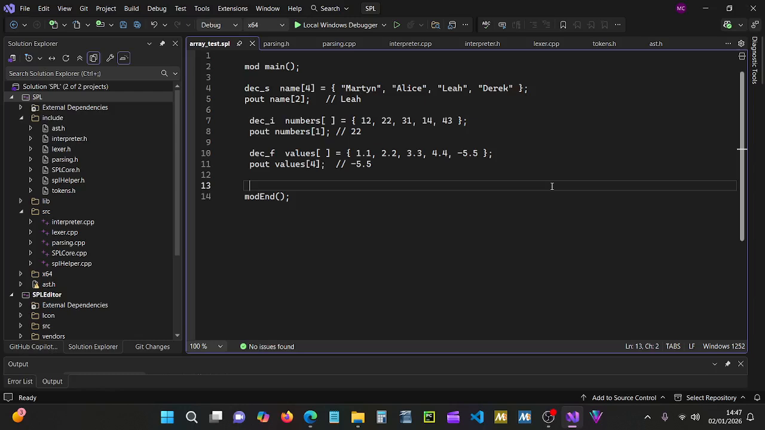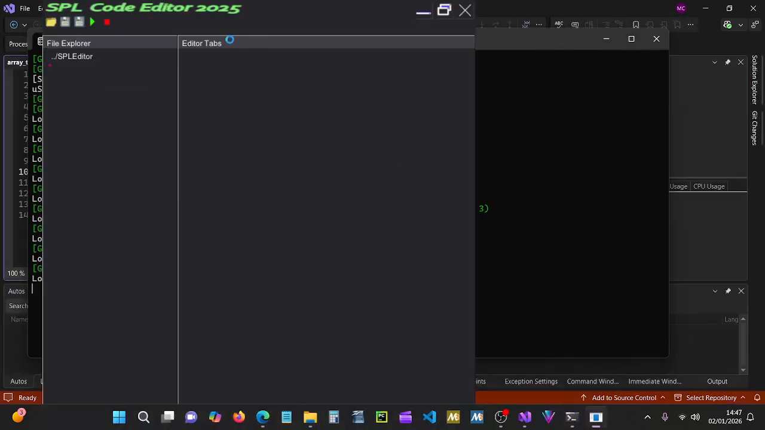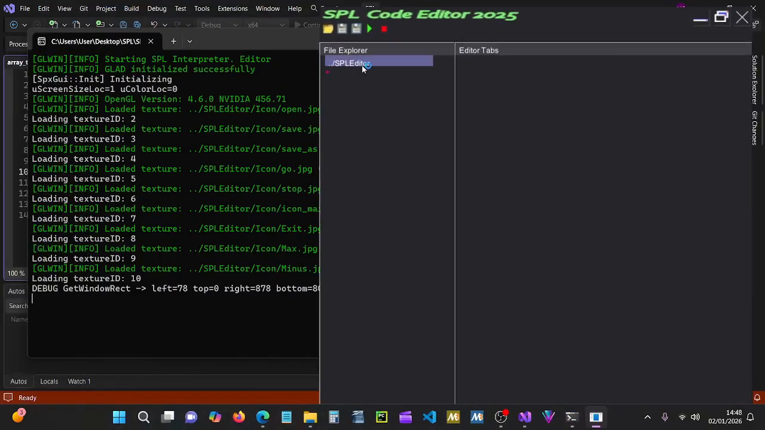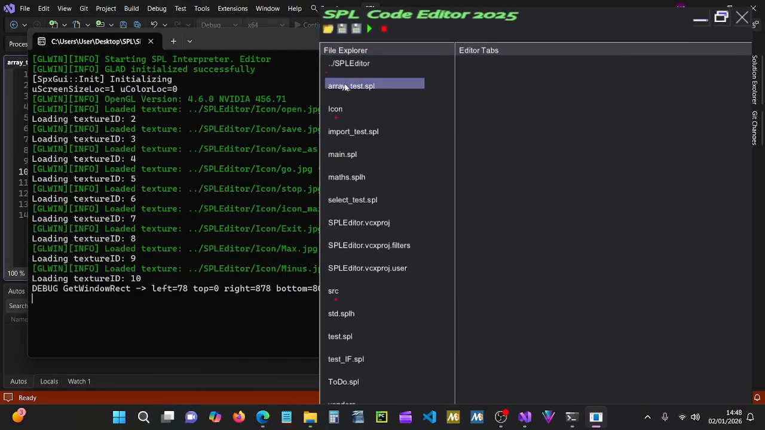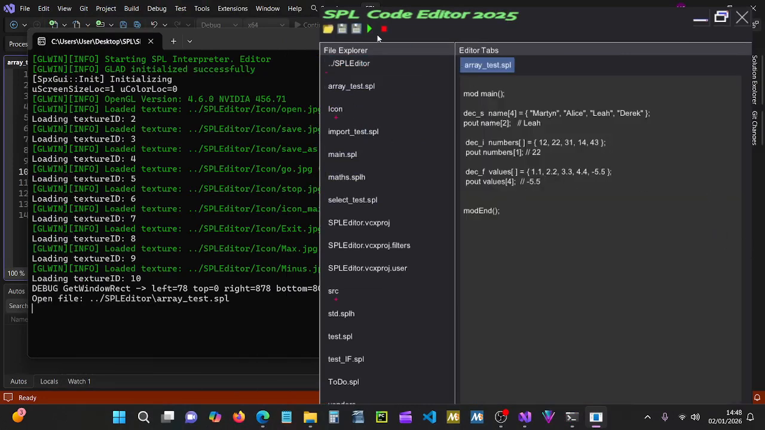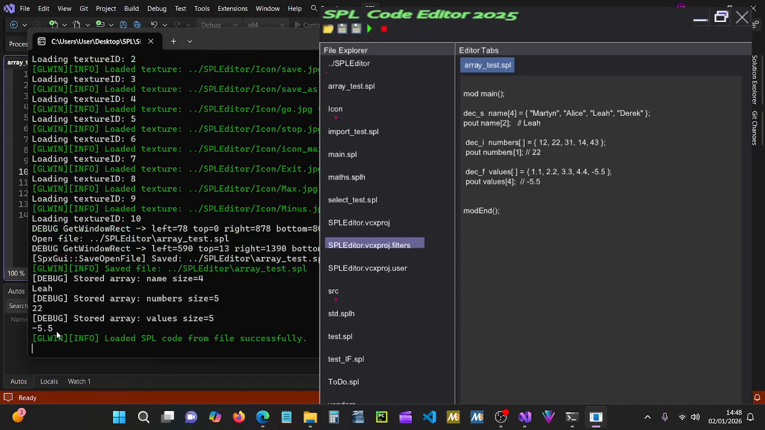Okay, so what have we been up to? Well, I finally managed to get it so that it will do a float array, which I think is quite useful. So if we run this up now, and we load up our array test, we can now run this and output with the minus sign an actual float, which I think is